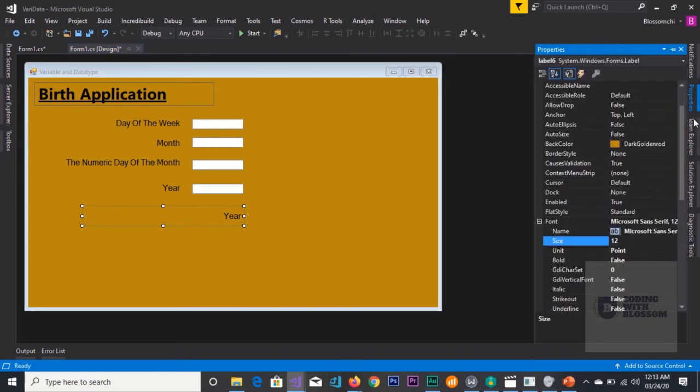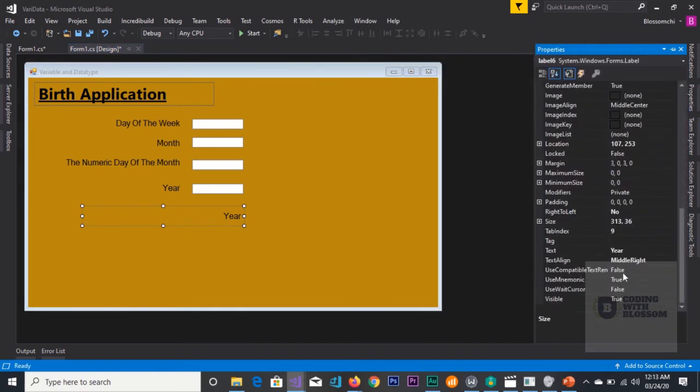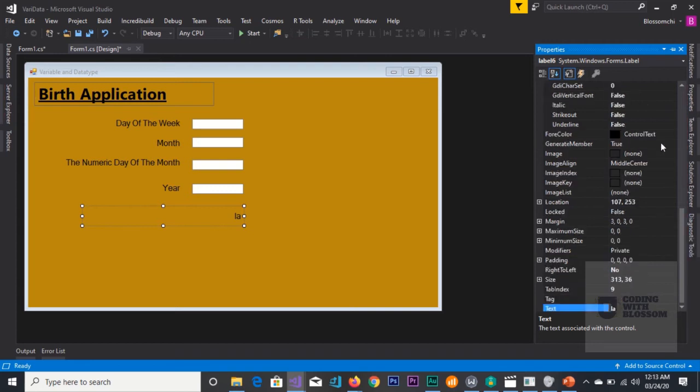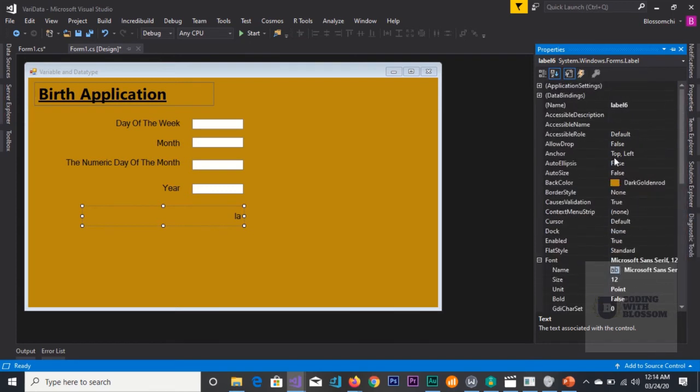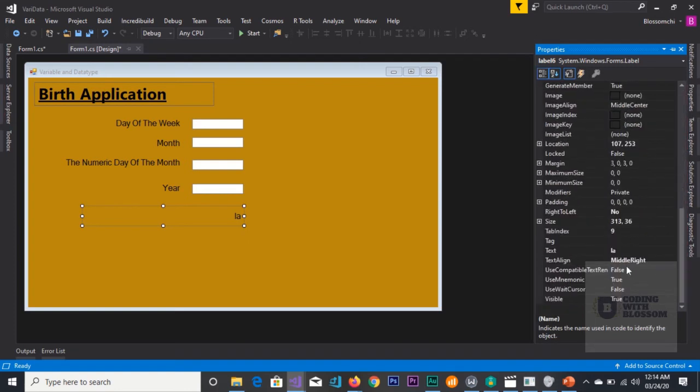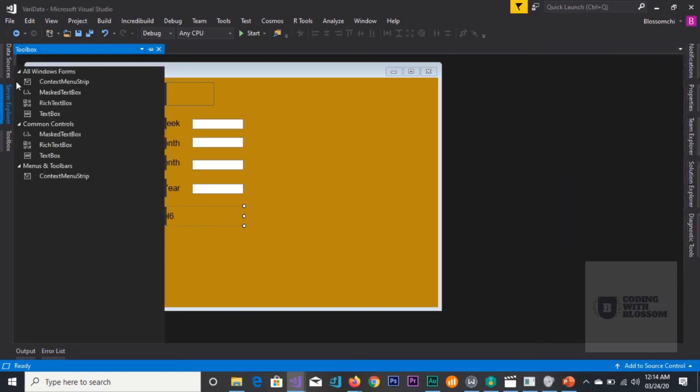Now I'm going to remove the text information on this label. What this label is going to do is going to attribute my information that will be entered from the text box. Okay, then I'm going to centralize this to be in the middle. Then the last will be